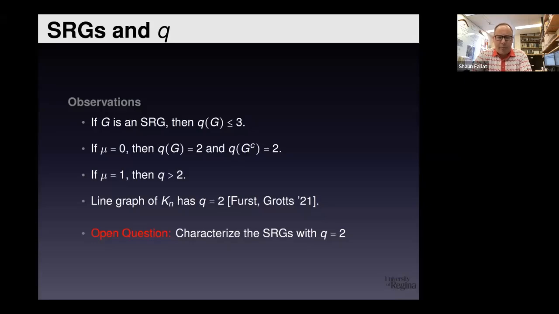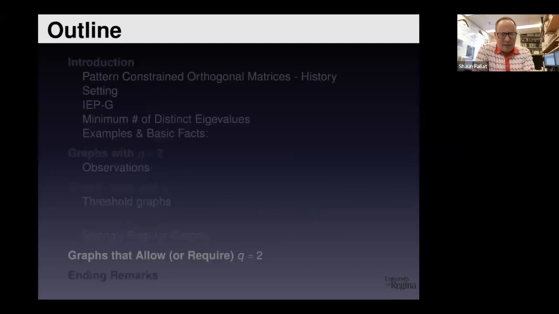Maybe characterizing the strongly regular graphs with q equal to 2 is interesting. Perhaps if folks are into strongly regular graphs, that's something you could certainly consider. And as far as I know, that's not been completely resolved. Lastly,